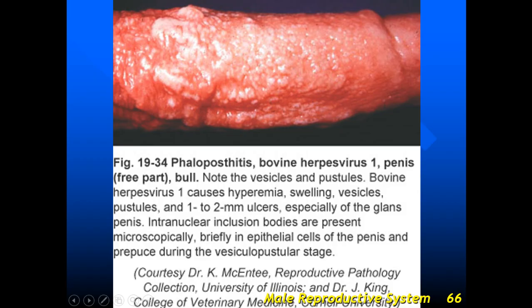Here, this is the inflammation in the penis, and also the glans penis. We call it phalloposthitis. This is the irregular surface due to formation of many small vesicles. Okay, and these small vesicles